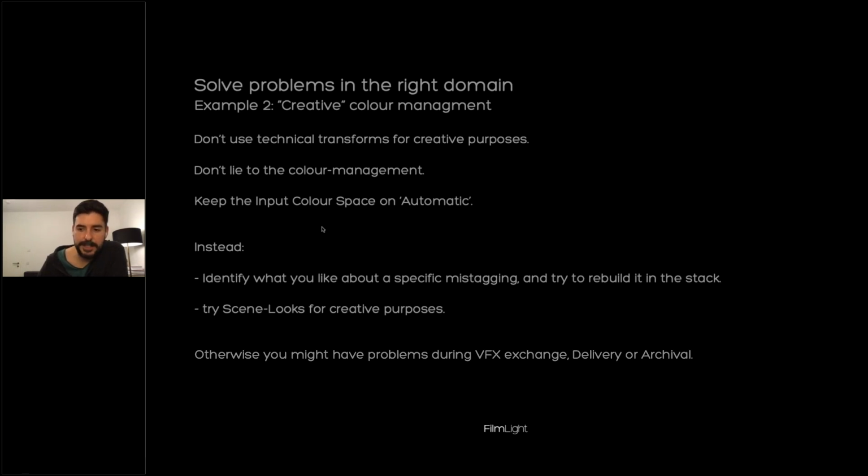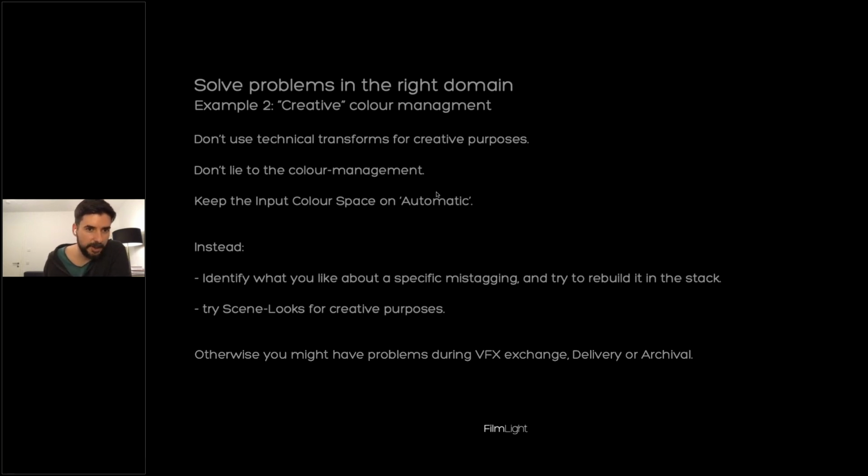Another more severe example would be if you have a log image, but you're treating it on the input as a display referred video image or as a P3 image, for example, and basically telling Baselight, although this is in reality a log image, no, this is P3. And this is then when you actually are lying to the color management. So you're not being honest about the real color space of the input image. And the worst case is if you're